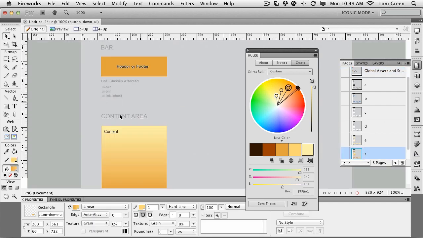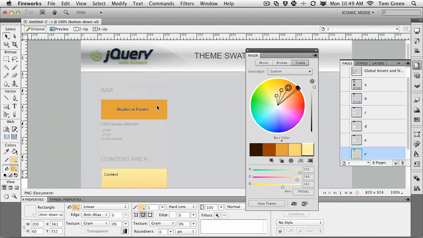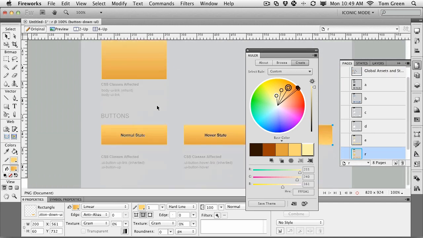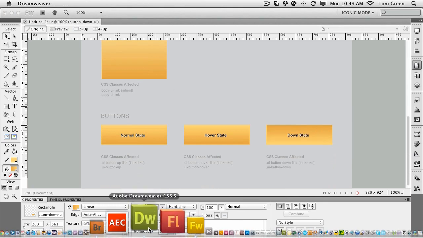And in the color scheme, you'll see that we've changed the colors for the header, the footer, the content area, and the buttons. So how do we get that over to Dreamweaver? Well, we start in Dreamweaver. We pop over to Dreamweaver,